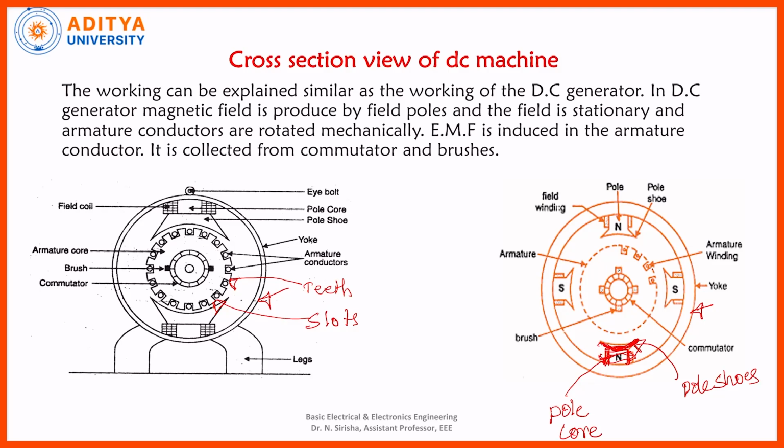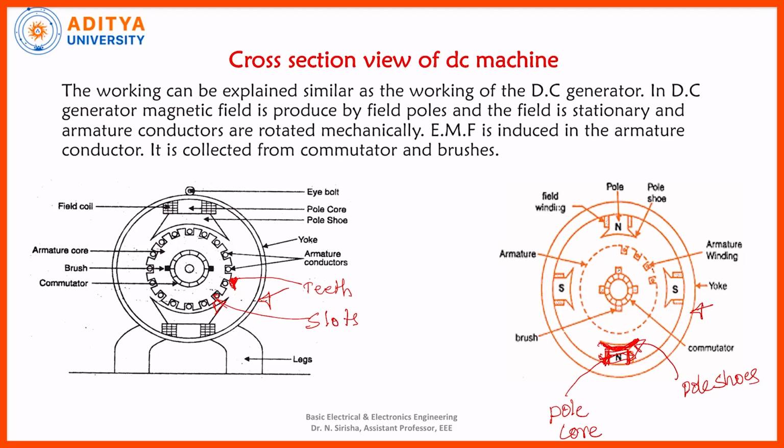This armature has slots and teeth. Teeth are the projected part. Here this structure forms the teeth of the armature, and see the slots, you have small circles which are placed inside the slots of the machine. In these slots, windings are wound in the slots of the DC machine. All the windings are wound in all the slots, and these windings are armature conductors. Each armature conductor is connected to the commutator.